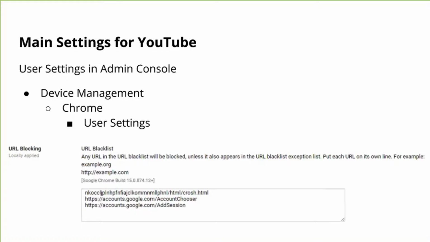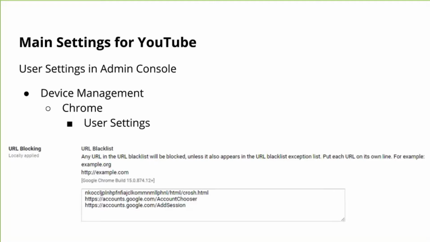You have to go into the device management and go to Chrome user settings and block these URLs. Again, we started off, YouTube did not have these settings that would allow you to do this, and we had a list that was a mile long of Google sites that had to be blocked. We had to block access for Gmail and for Drive and for any Google product that was out there. And then Google, we had tickets open with them, talking to them, and I think actually Tom Carnes